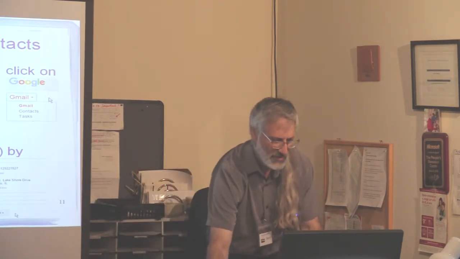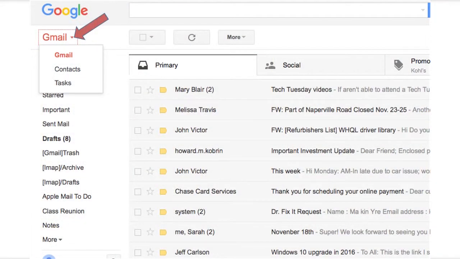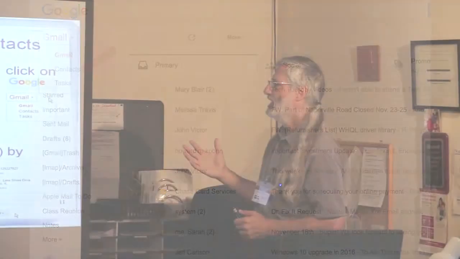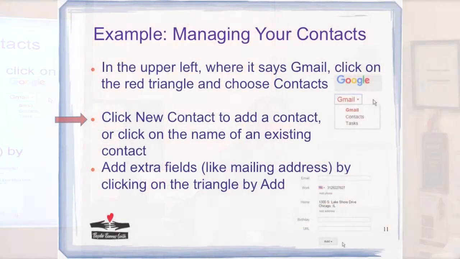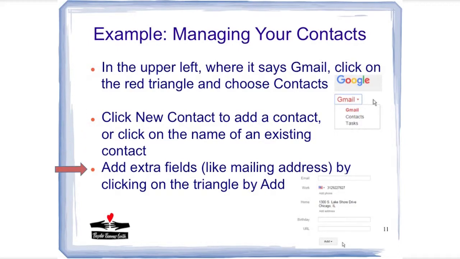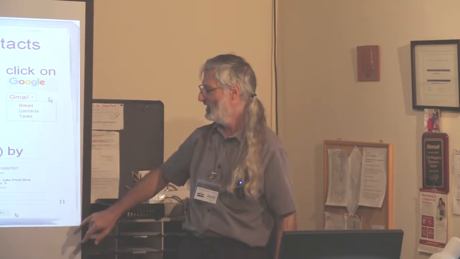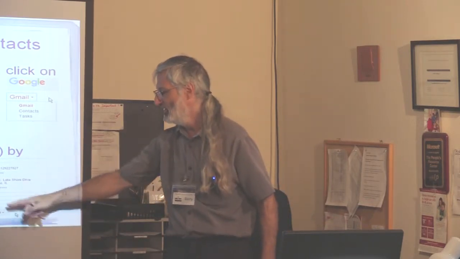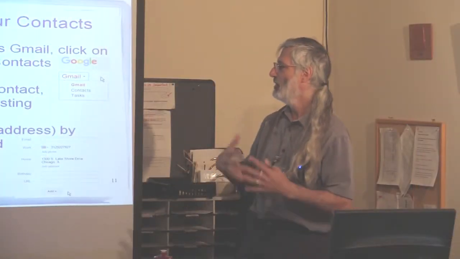Here's the example. In order to get to your contacts from Gmail, go to where you see Gmail with the little triangle by it on the upper left-hand corner, click on that and then go down to Contacts, and it will open that up in a new tab. And then you can do things like add new contacts, add extra fields to contacts. And this is the first thing I found this morning that had changed since 3 weeks ago. If you want to add additional information, this contact thing is going to look different. Okay, so